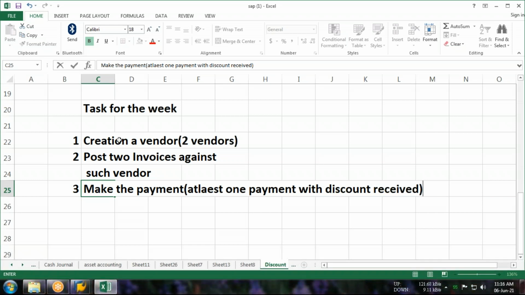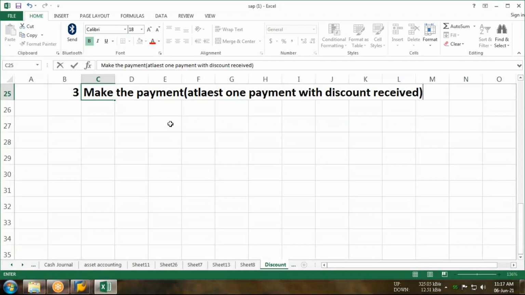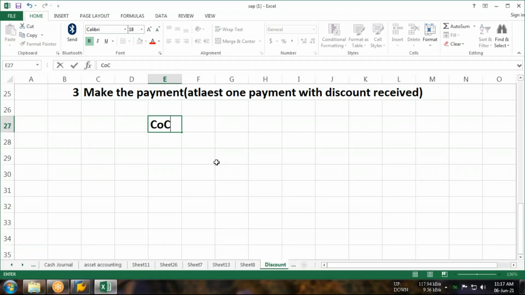If you have your own company code, I do not have any problem. You just carry on with your company code like before. If you do not have your company code, please use my company code. So the company code is ICDL.